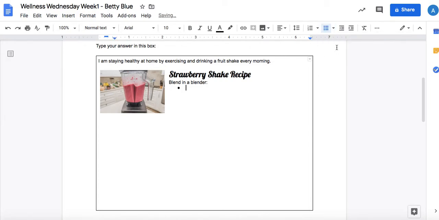I choose one and I just say 1 banana, 1 cup strawberries, 1 cup milk, and maybe half cup orange juice. That's it. Now let's say on some healthier days I also add spinach, and now I don't like this picture here because I want it to be green, so I add spinach, 1 cup spinach,